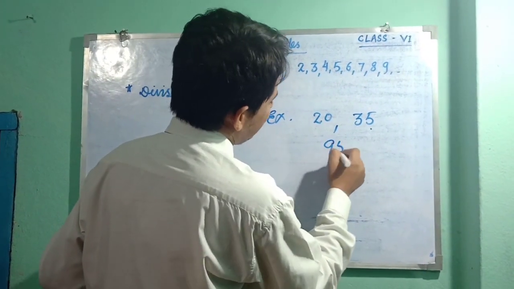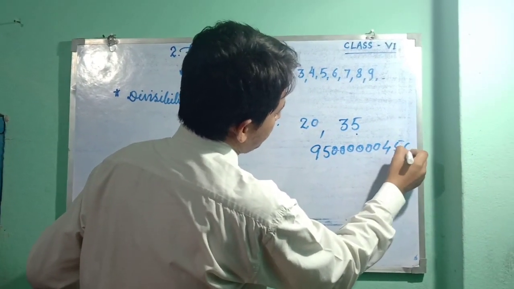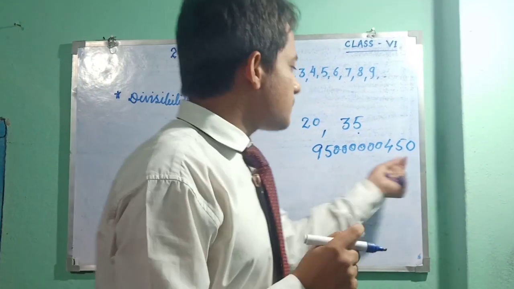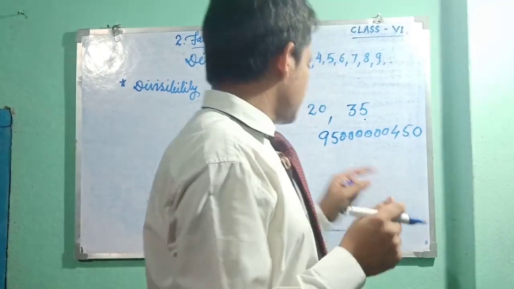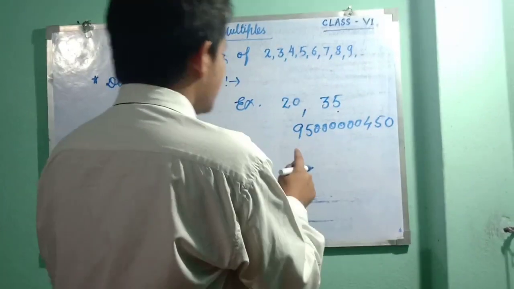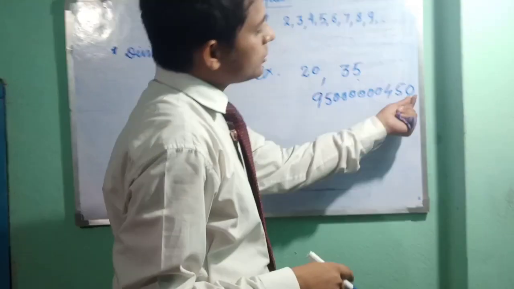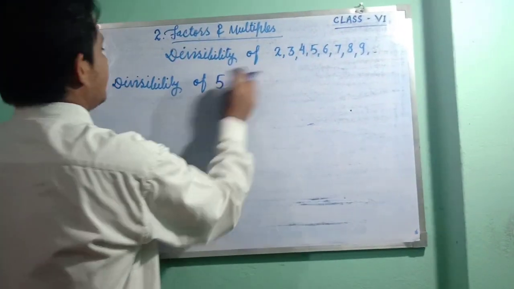Now we can take any greater and huge number, it doesn't matter, but we have to focus on the ones place. If the ones place digit is 0 or 5, the whole number, even a huge number, will be divisible by 5. So this number is divisible by 5. Why? Because the ones place is 0. Okay. Now I hope you got it. Okay, very good. Now next,